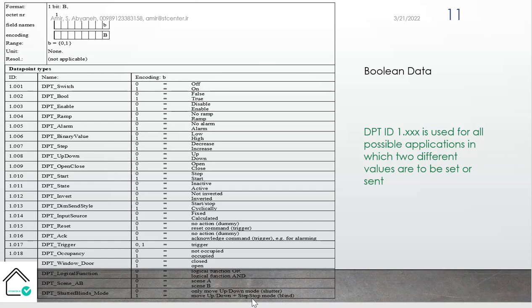The first part is the format, and the second part defines whether it is alarm, false, true, disable, enable, alarm, not alarm, low, high, decrease, increase, and so on. For the important data types, such as 4 bit, 1 byte, 2 byte, 4 byte, and so on, you can refer to the KNX Advanced Interworking chapter and see the details.